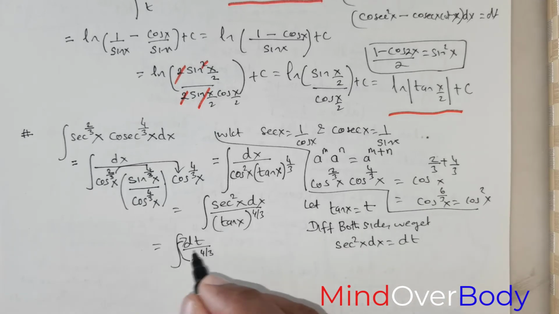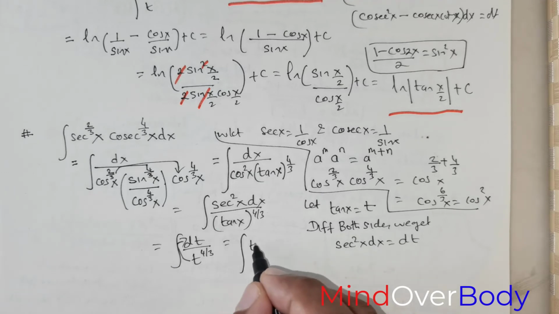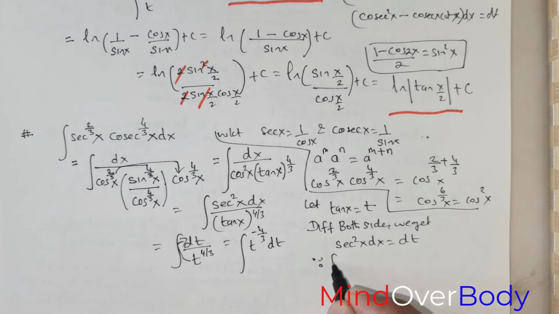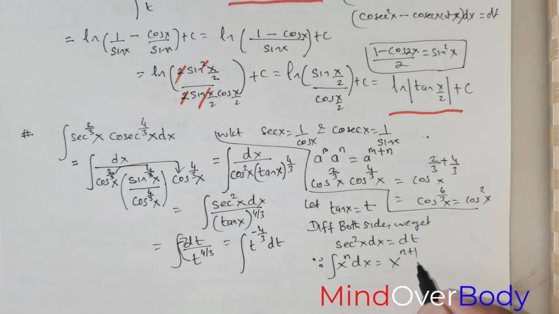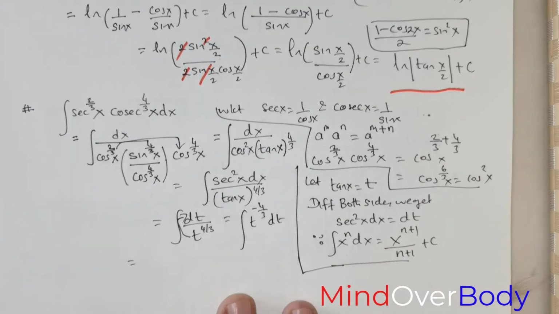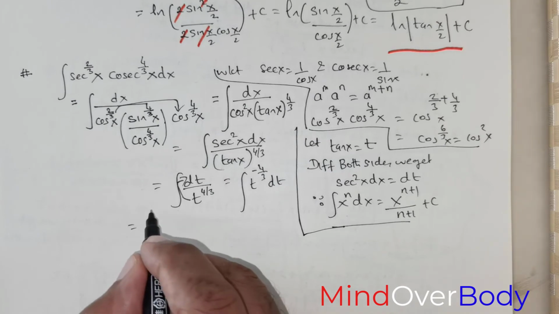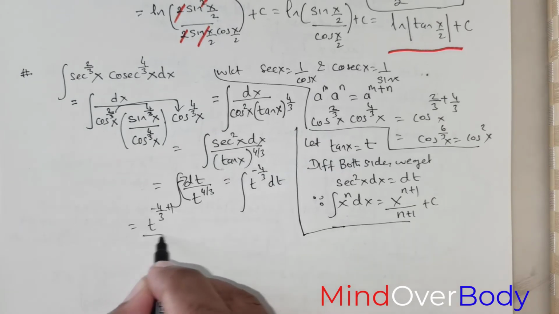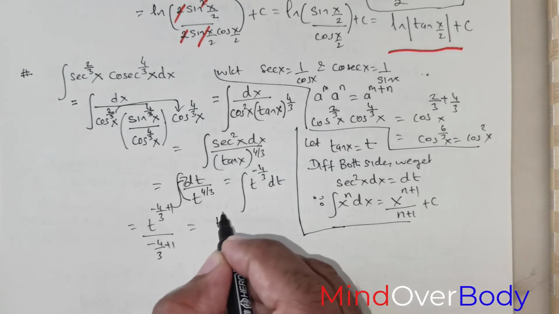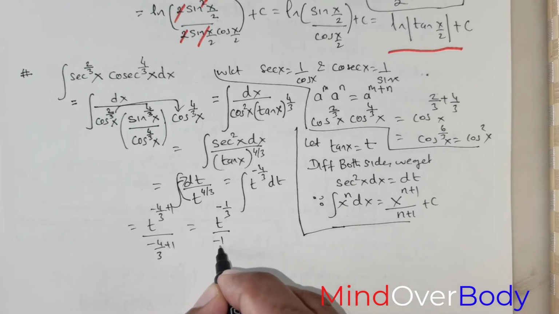If I were to move this to the numerator, this is going to be t raised to the power of negative 4 over 3 times dt. Now, since we know integral x raised to the power of n times dx is x raised to the power of n plus 1 over n plus 1 plus c, I'm going to be using this over here, and that would give me t raised to the power of negative 4 over 3 plus 1 over negative 4 over 3 plus 1, which can be rewritten as, taking LCM, negative 1 over 3 over negative 1 over 3,